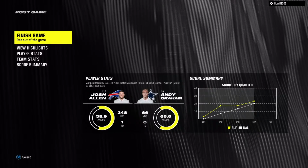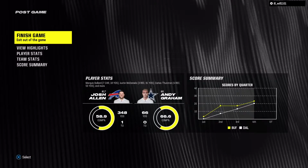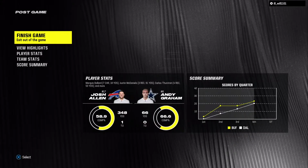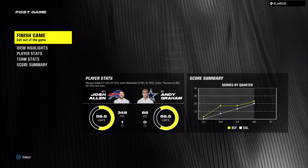So for the Bills, it'll be a .500 start as the win gets them back to 2-2. And they'll have another road date next week with the Miami Dolphins. Meanwhile, for Dallas, they'll drop down to 1-3, and they'll get